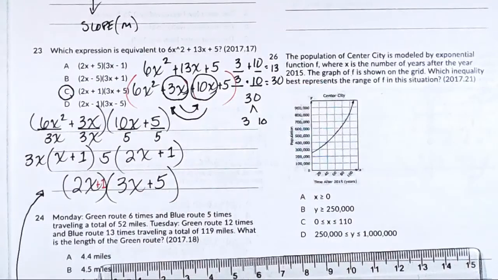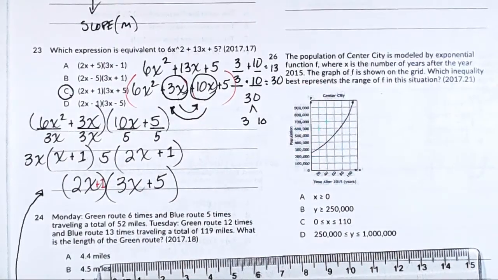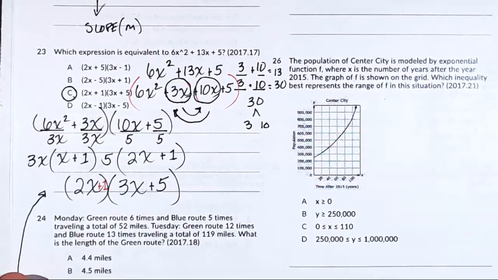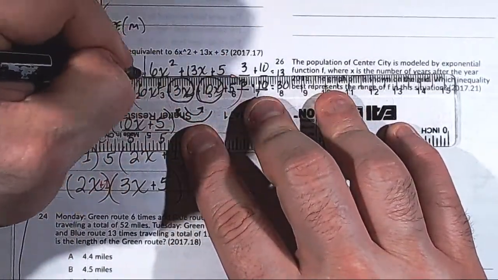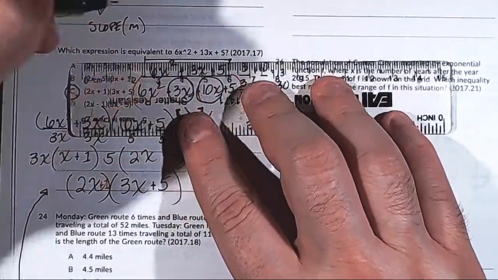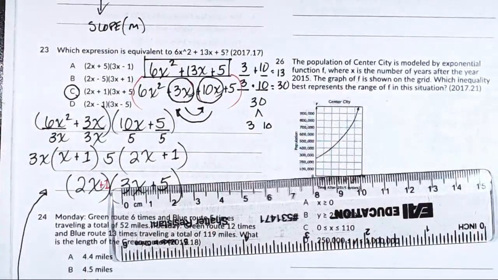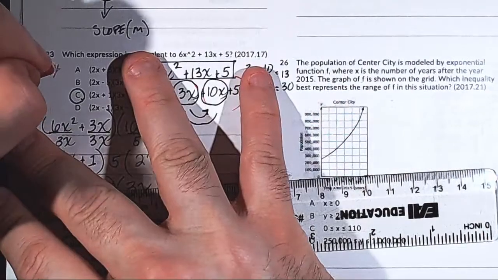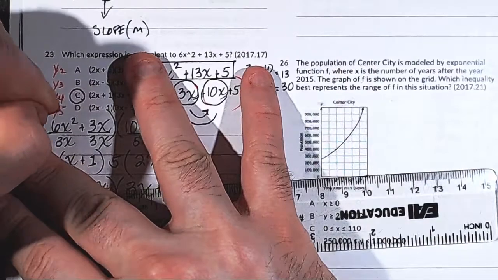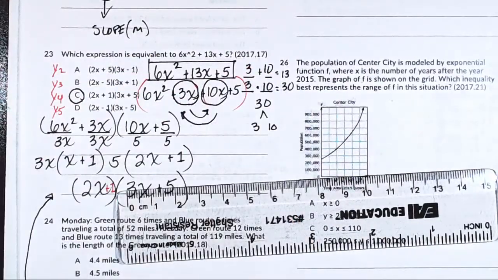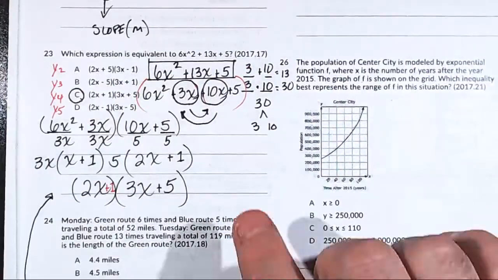Of course, no one wants to solve algebraically, I'm guessing, on this problem. So what we will do is put the original quadratic into y1 and test our answer choices in y2, 3, 4, and 5. And again, I recommend labeling. This is going to be y2, y3, y4, and y5, so we don't get any confusion about what we're guessing on. So this is going to be y1,